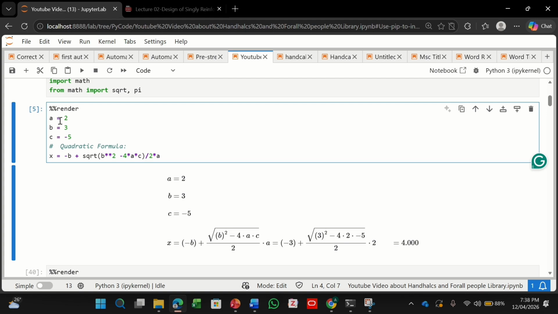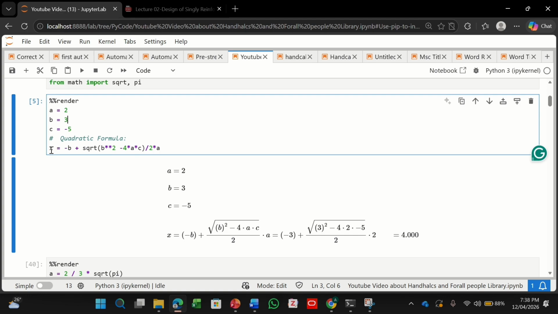So I've just written the quadratic equation, and look, what if I was writing it in Excel or Word through ink equation or anything else? How time consuming it would be? But by writing it through the HandCalcs library, it just took me 1 minute to write this simple equation. And like that, you can write any equation very easily through this library.